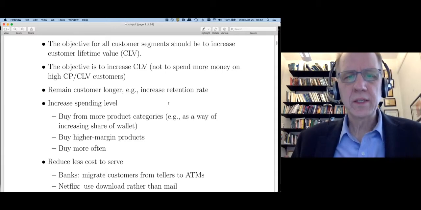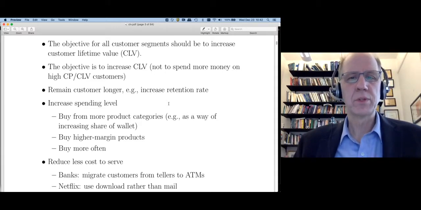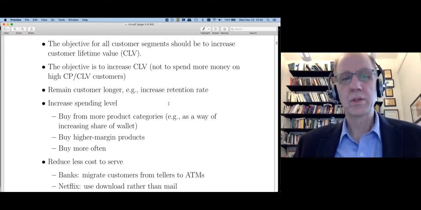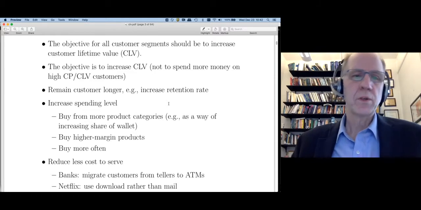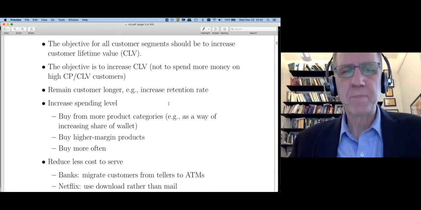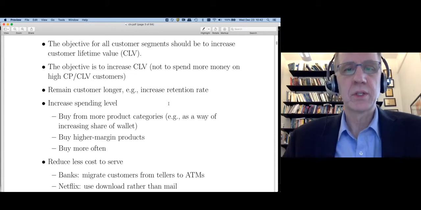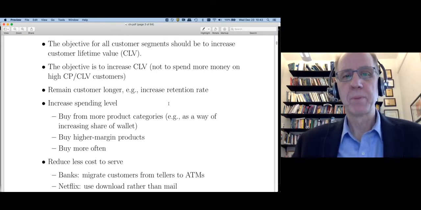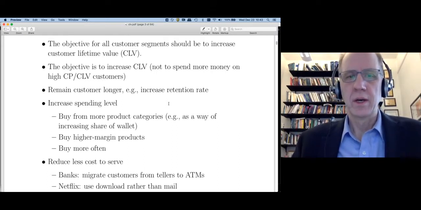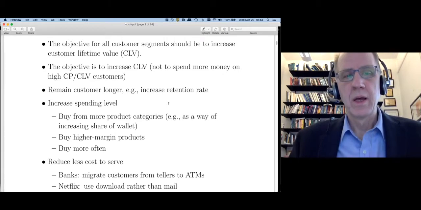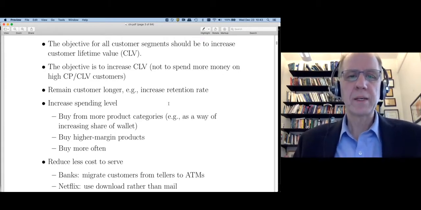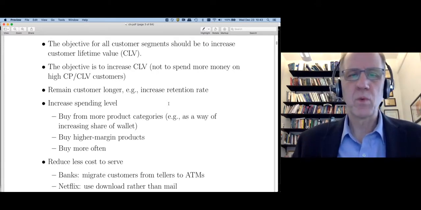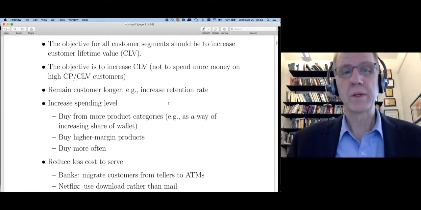One way to increase revenue is to get customers to buy from more product categories. Sometimes this is called increasing the share of wallet. So for example, if I have a grocery retailer and this grocery retailer has customers that are buying their produce and their meats from the grocery store, but are not buying wines or personal care products, that grocery retailer can make customers more valuable by getting them to buy from their wine selection or buy their cleaning supplies at this grocery store.